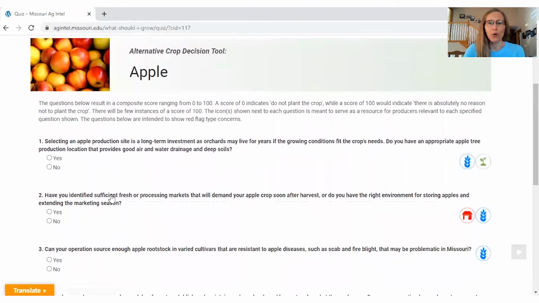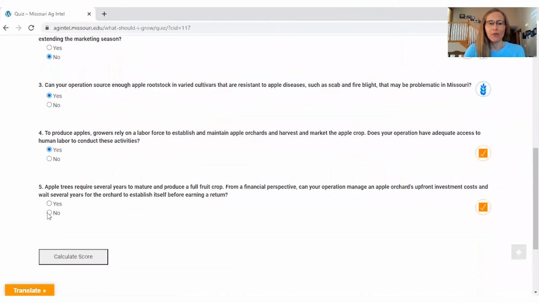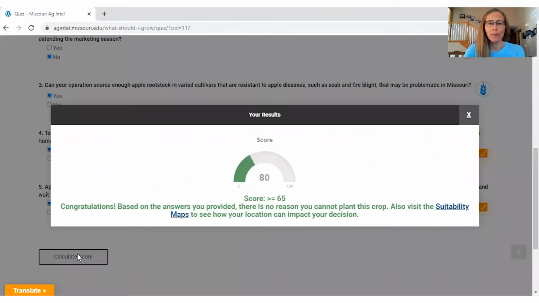So what you do is you go through each of the questions, assuming that we're interested in apple production, and you answer them as yes or no. After you've answered the questions to the best of your ability, you click Calculate Your Score, and then the tool will auto-load a score on a scale from 0 to 100. So you can interpret the score as follows. If you have a score that's closer to a 0, then that means that the crop may not be the best fit for your operation. If you have a score that's closer to 100, then that means that that crop could be a potential fit